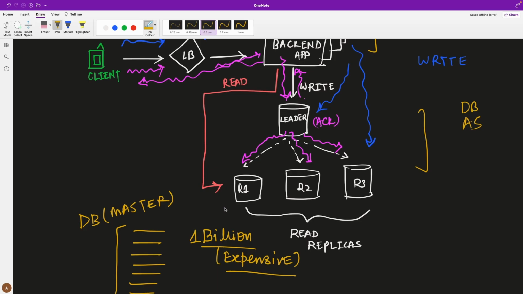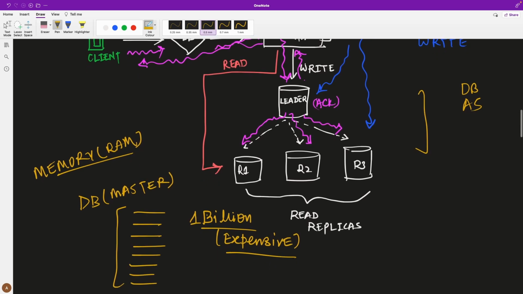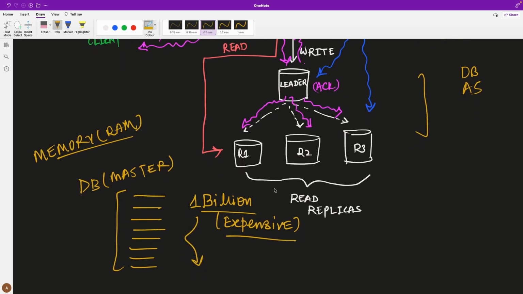First the database has to insert the row, and then it also has to update the index which is being maintained. And if you are reading from the index, it has to keep the whole index in memory, I mean in the RAM. Over a period of time, keeping the whole index in memory is an expensive operation for sure. So what we can do in this case, and that's the situation where database partitioning comes in.